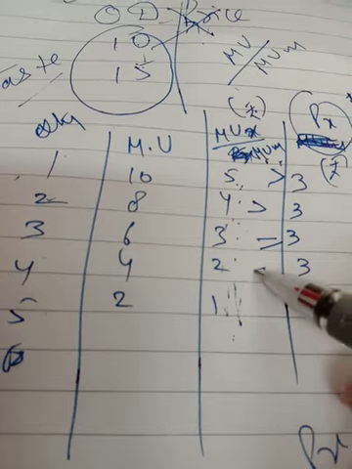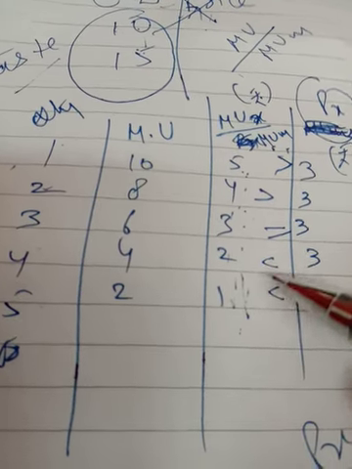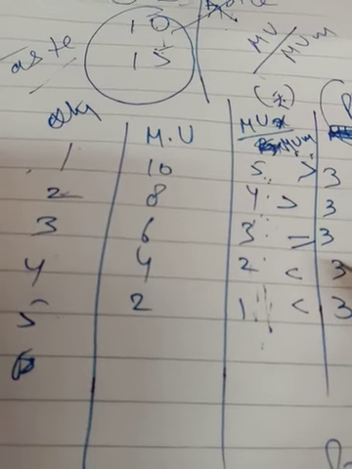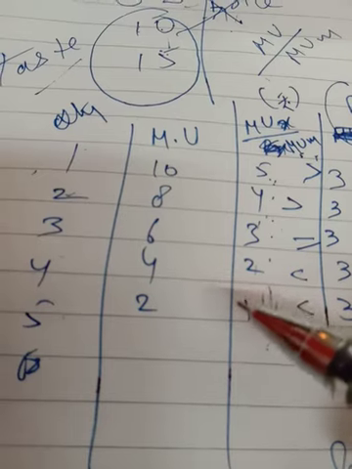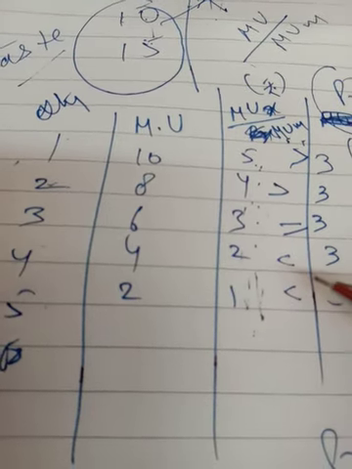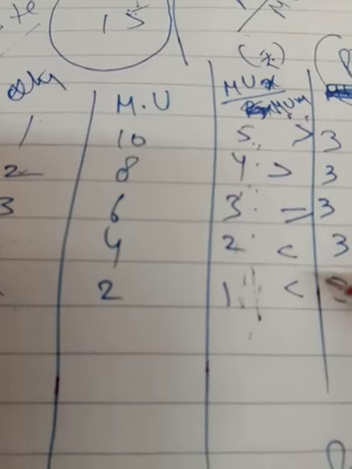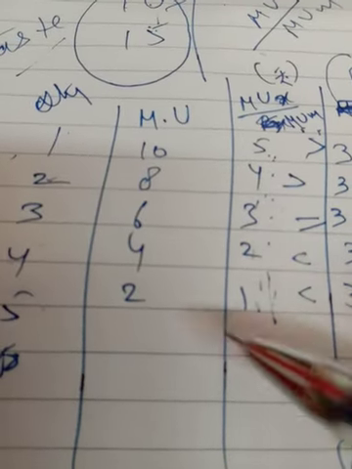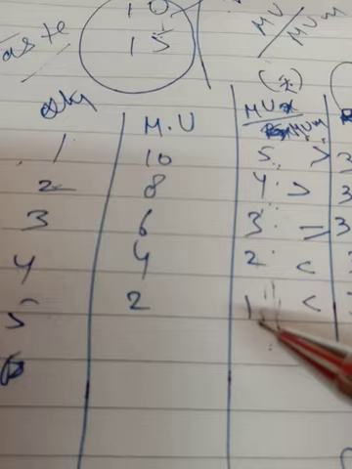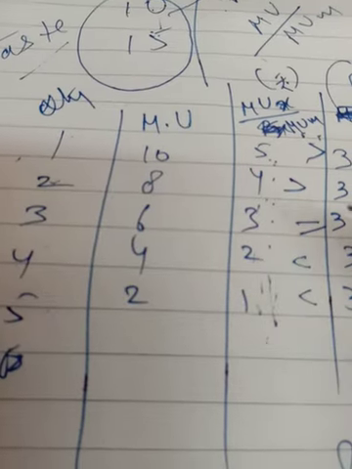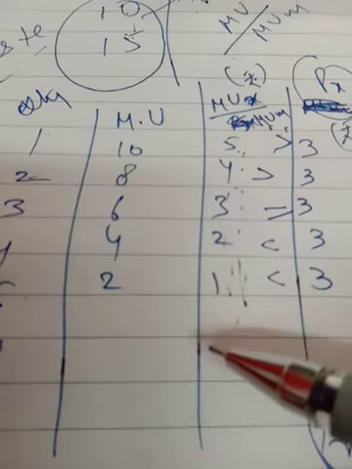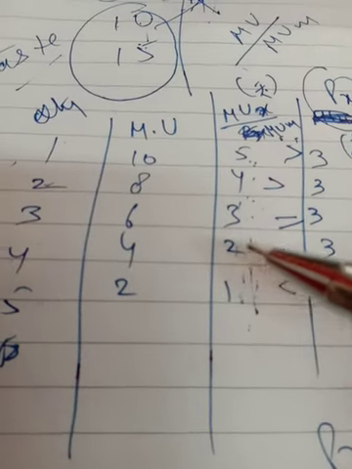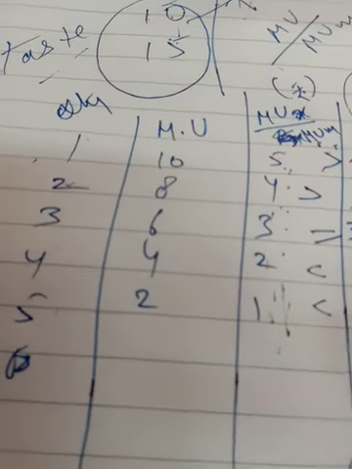Then in this case, to sell the fourth or fifth unit, he has to decrease the price from 3 to 2, or from 3 to 1, if he wants to sell out these products. Likewise, if he wants to increase the quantity, then he has to decrease the price. Or you can say that if the price is decreasing, then quantity will increase.